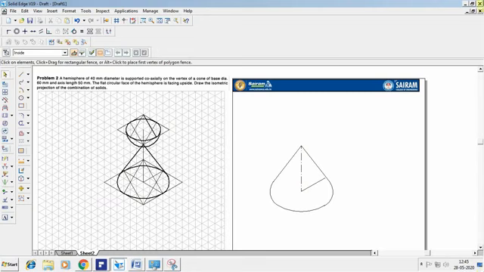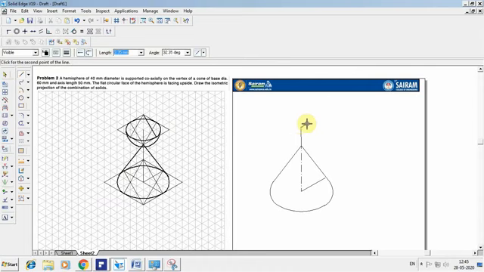So above this I have to place a hemisphere. So hemisphere there is how much? 40. So I have to take 20 mm above. So 20 mm above you can take. So 20 at an angle of 90. So I have to create a square for 40 mm to convert that into a circle. So 40 at an angle of 30, 40 at an angle of 150, 40 at an angle of minus 150, 40 at an angle of minus 30. Again you can convert that into a circle.